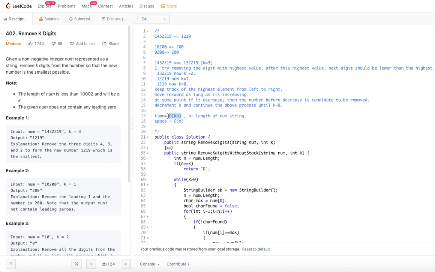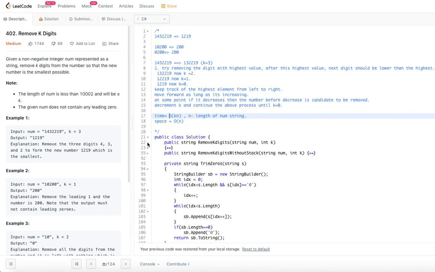So we can reduce the time complexity by a little more. Let's try to do that. What we are going to do is employ a stack. Even when you execute the program with a stack, the approach is very similar. We still go for the next highest element from left to right and move forward as long as it is increasing.